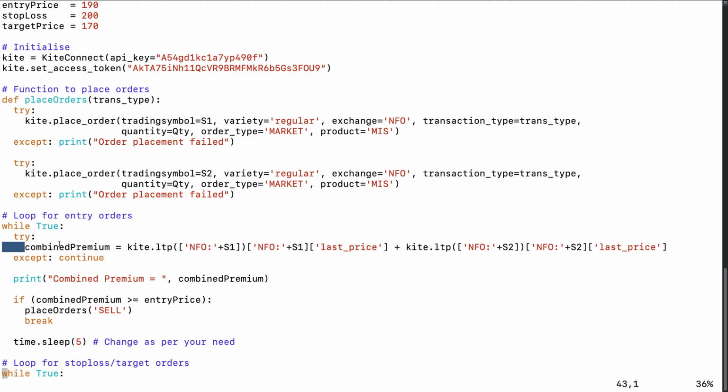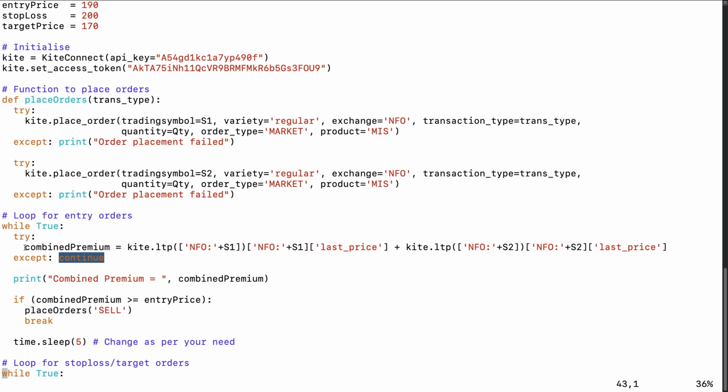So whenever a try block fails, it will come to this except part. What I'm saying in except is continue. So anything inside the loop, when we say continue, it goes back to the beginning of the loop.